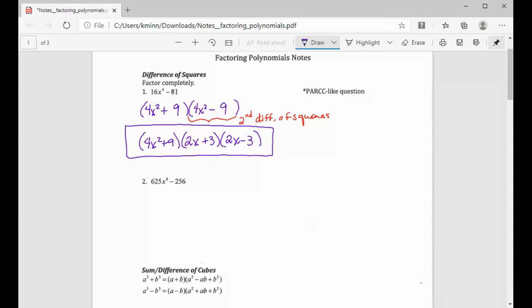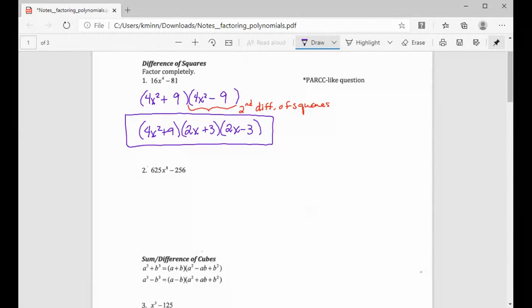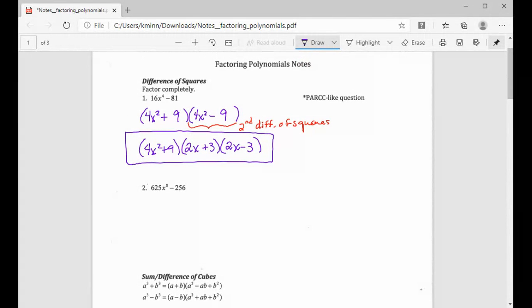In the second example, we have much larger numbers, and if we're unsure if a number is a perfect square, go to your calculator and check it out. Put in the square root of 625. You will see that it is a perfect square. It is 25. And the square root of 256 is a perfect square as well, 16. Since we know both of them are perfect squares, and so is any exponent to an even power, we can break this down